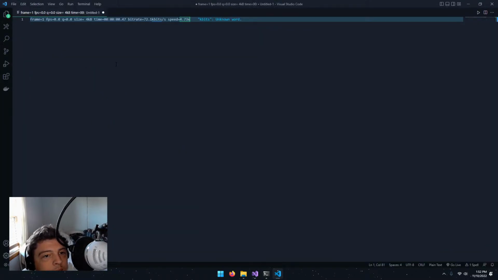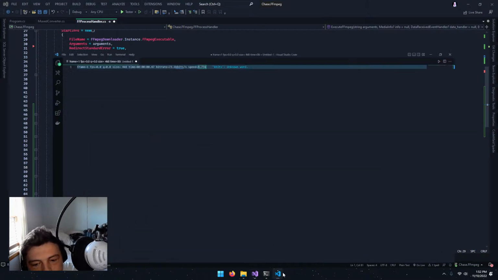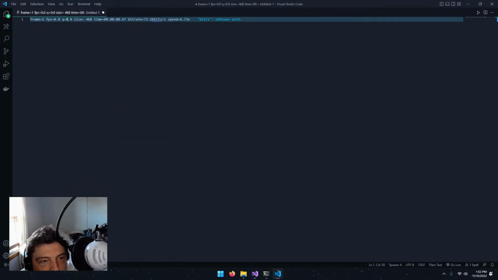Alright. Obviously, you can just trim white space out of what you find. Yeah, that's gonna be hard because I still need the "frame=" part of it, just because it's not always gonna be in that order. It's not always gonna be frame, FPS, Q, size, time, bitrate, speed. Oh, okay. So what you could do is,